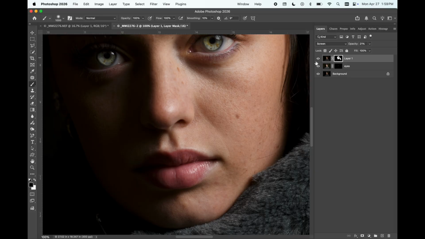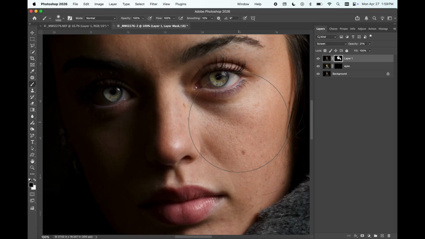If we wanted to, we could go a step further and put another little highlight in her eyeballs if we want to. I don't know, what do you think? Should I show you how to do that? Alright then, I will. So I'm going to make a new blank layer by pressing this icon, a little square with a plus in it. There's a blank layer right on top of the layer stack. And I'm going to select a white brush,